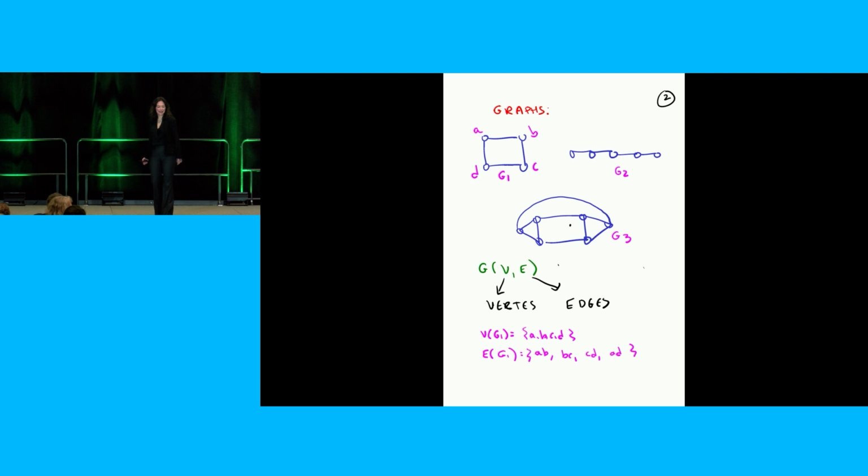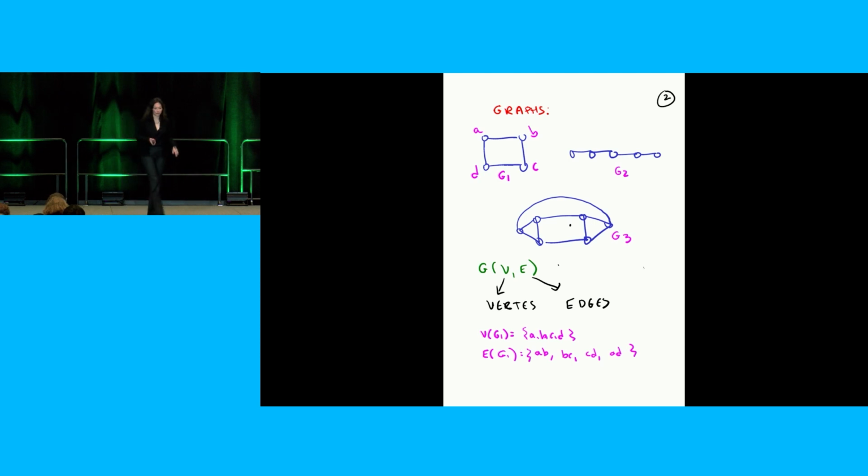Okay, so graphs have vertices and edges. So you see some examples of graphs on these pictures. And then, right, so vertices are, we usually represent a graph as a drawing on the plane. That's kind of the most easily digestible way to see a graph. And some pairs of vertices are what we call adjacent. That means we draw a line between them. And some pairs of vertices are what we call non-adjacent, and then we don't draw a line between them.